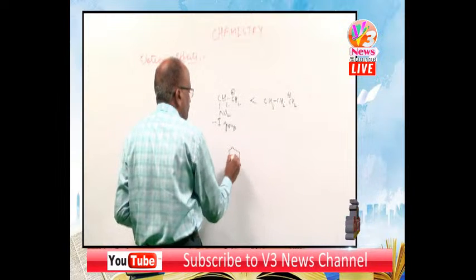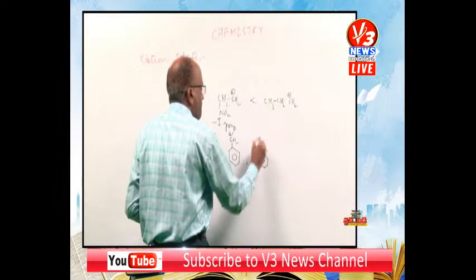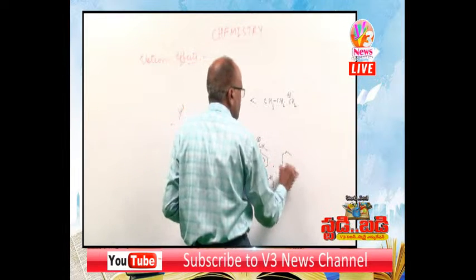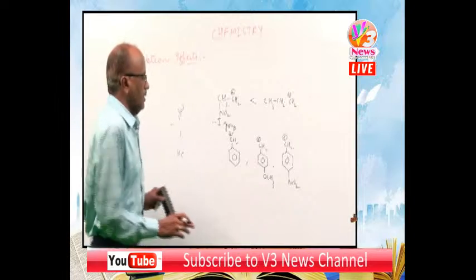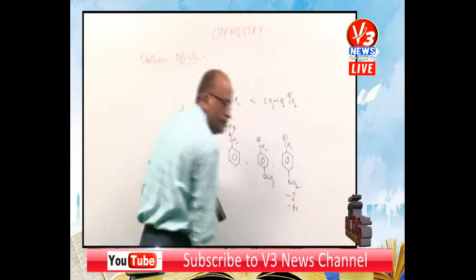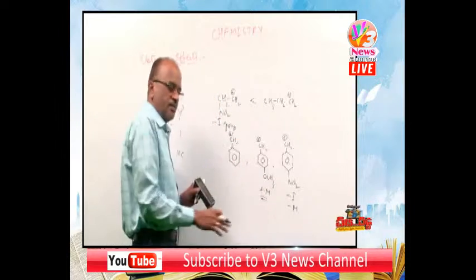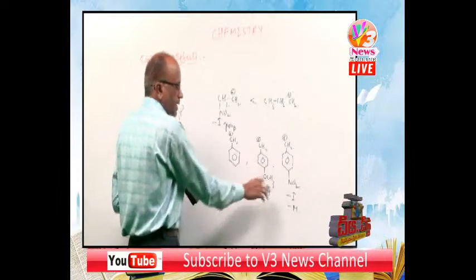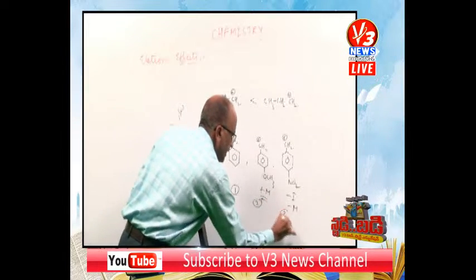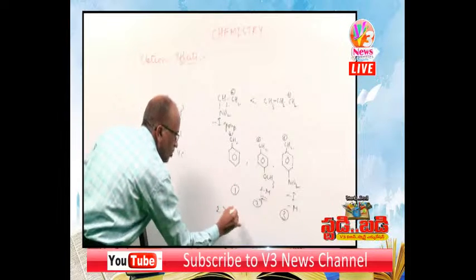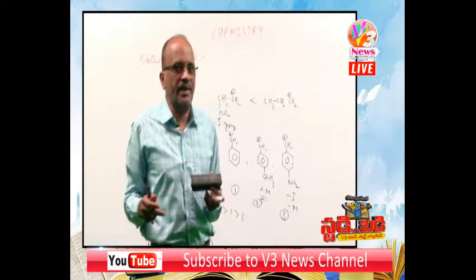We will take some benzyl carbocations, CH2 plus. Here OCH3. Here NO2. Now if you see this one, this is a minus I group and also a minus M group. It is a strongly electron withdrawing group. Whereas this one is a plus mesomeric group. It is minus I and plus mesomeric, but plus mesomeric is considered here, so it is giving electrons to the system. Whereas here there is no group. If you take the stability order of these three, which one is most stable? 2 is more stable than 1, which is more stable than 3. This is the stability order. Okay students, tomorrow we will discuss some more important